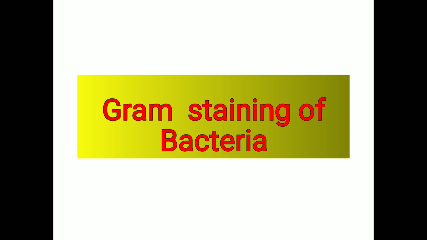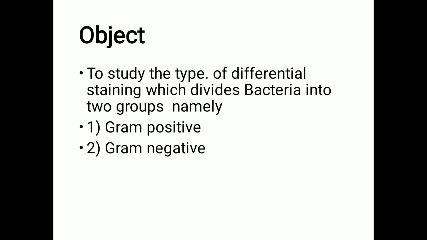If you use different stains like methylene blue or carbol fuchsin, the bacteria absorb the color and get colorized. Then when we observe such bacteria under the microscope, we can differentiate gram positive and gram negative bacteria, so staining is essential. So this is the objective of the experiment: we differentiate gram positive and gram negative bacteria by the staining process.